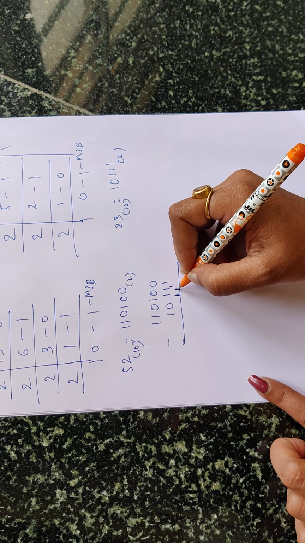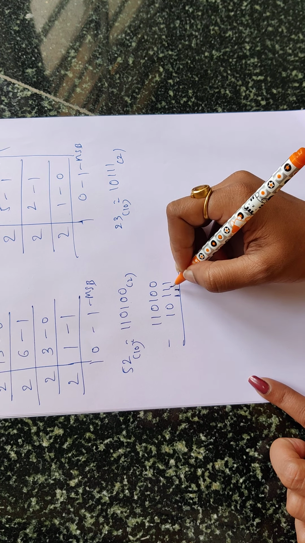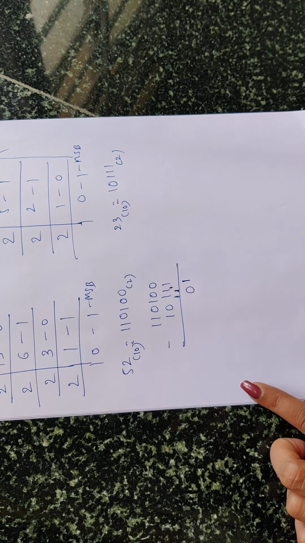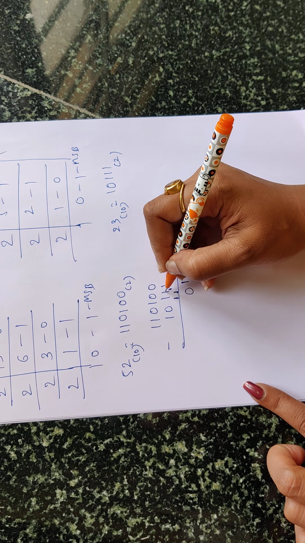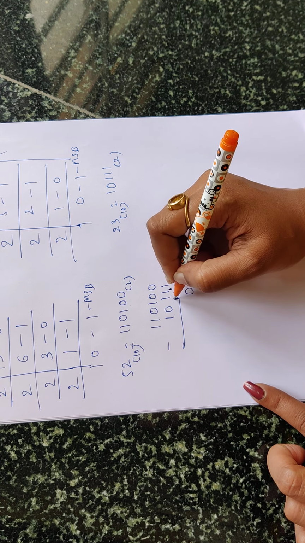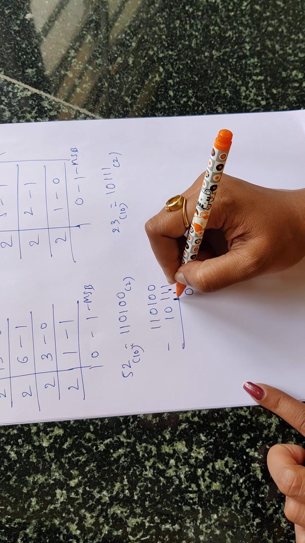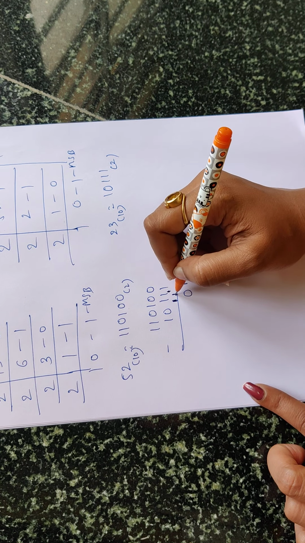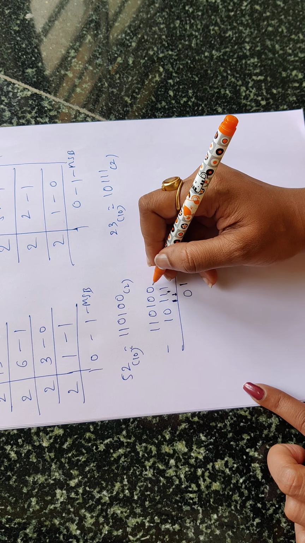But here again one more 1 is there, that is, we got a borrow from here. So 1 minus 1 will become 0. Concentrate. 0 minus 1, difference is 1, borrow is 1. I had written 1 here as a borrow. The difference I am writing here because one more borrow is there, which we had taken for the first subtraction.